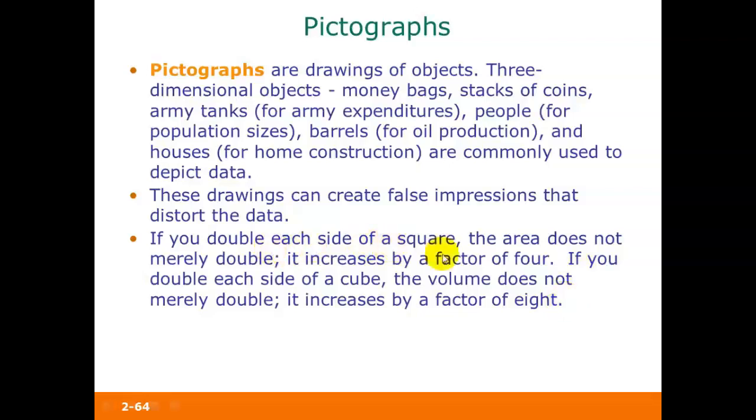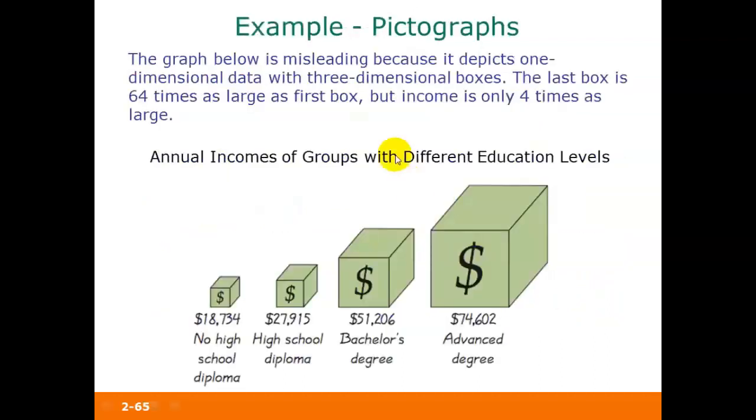If you double each side of a square, the area doesn't just double, it increases by a factor of 4. If you double each side of a cube, the volume doesn't just double, it increases by a factor of 8. So especially using 3-dimensional pictures to represent 1-dimensional data really exaggerates the differences. Here's an example. The picture that we see here is misleading because it depicts 1-dimensional data with 3-dimensional boxes. The last box is actually 64 times as large as the first box, but the income figure is only 4 times as large. This is definitely exaggerating the difference between the income for those with no high school diploma, which